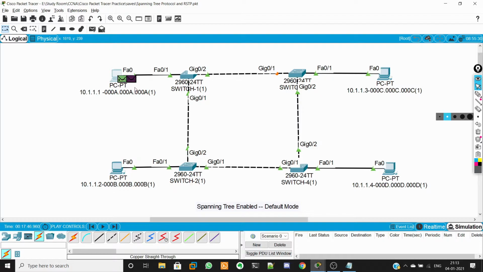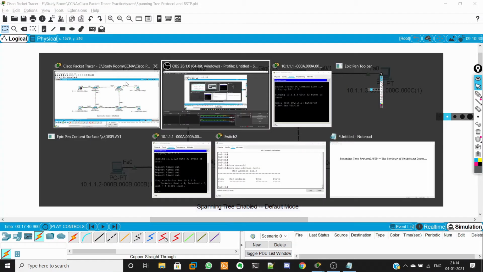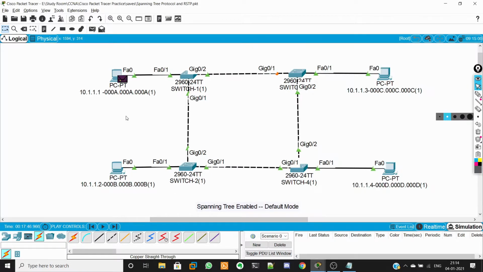Now you can see my PC received the response from the destination MAC address. Now it found the destination MAC address and I forwarded the ICMP query. Now the ICMP response reached my host. I got one response. Now I can understand your question will be how this particular port is chosen to block, and why all other ports are in forwarding state. Actually, what happens between these switches and how they communicate among themselves to enable the blocking in one of the ports. I totally agree with your question. Let's jump into the concept.